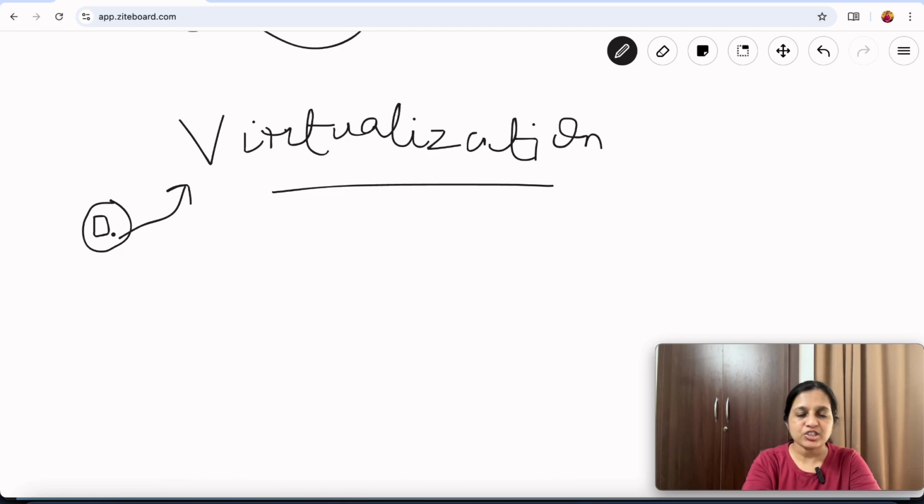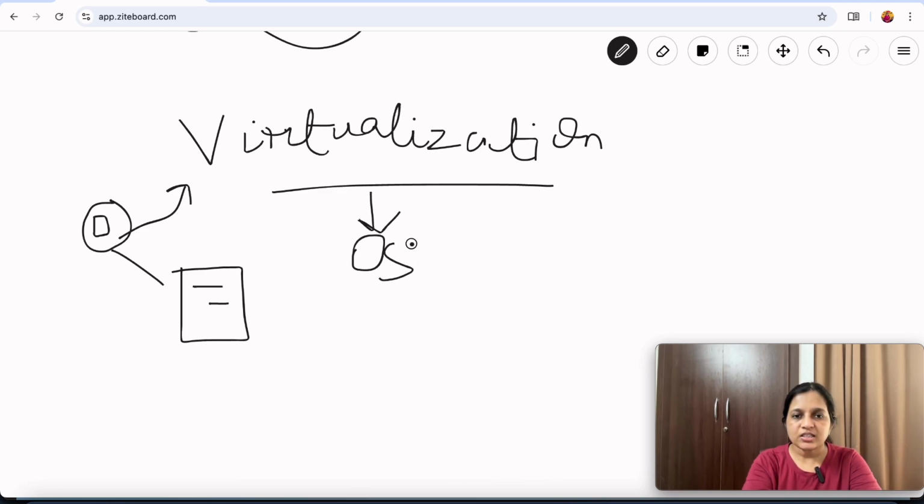But if the application is bulky and large, with a lot of things going on in it, then virtualization is not preferred. Why? Because virtualization runs on top of your operating system, so it takes up the operating system space, the RAM, and the resources.